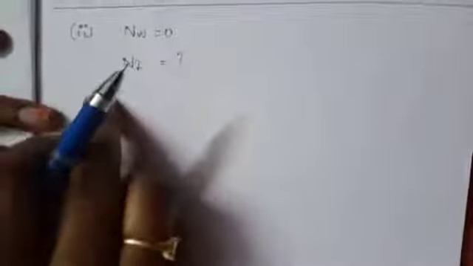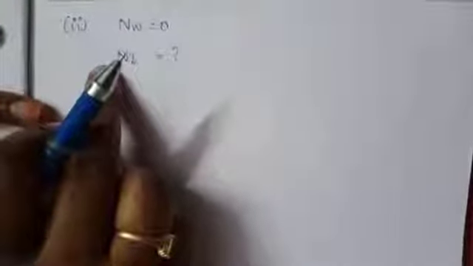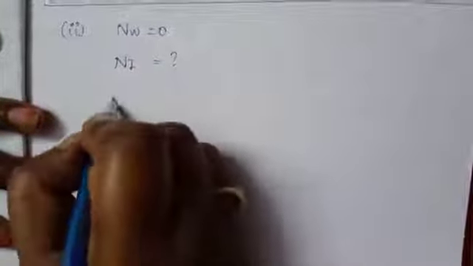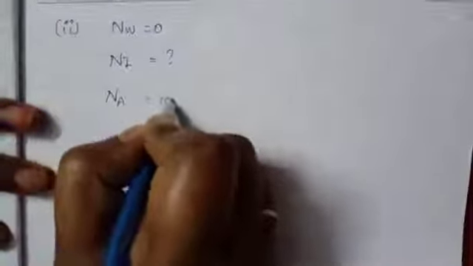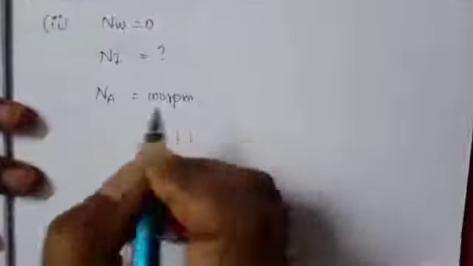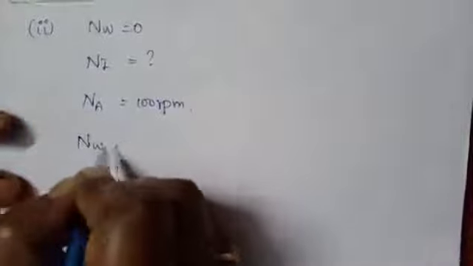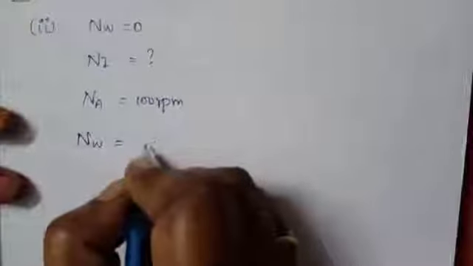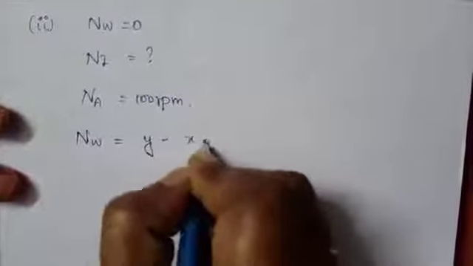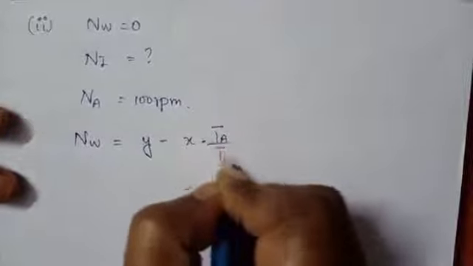Right? So the second condition: Nw equal to 0, Ni you need to find out the value. Nw means speed of the wheel is 0. Then what is the internal gear speed? They asked that. So now again the condition Na is 100 rpm, that is arm rotation is always constant, that is 100 rpm is rotating. So the same condition you have to take. Now take the wheel speed from the equation. So Nw equal to y minus x dot Ta by Tw.